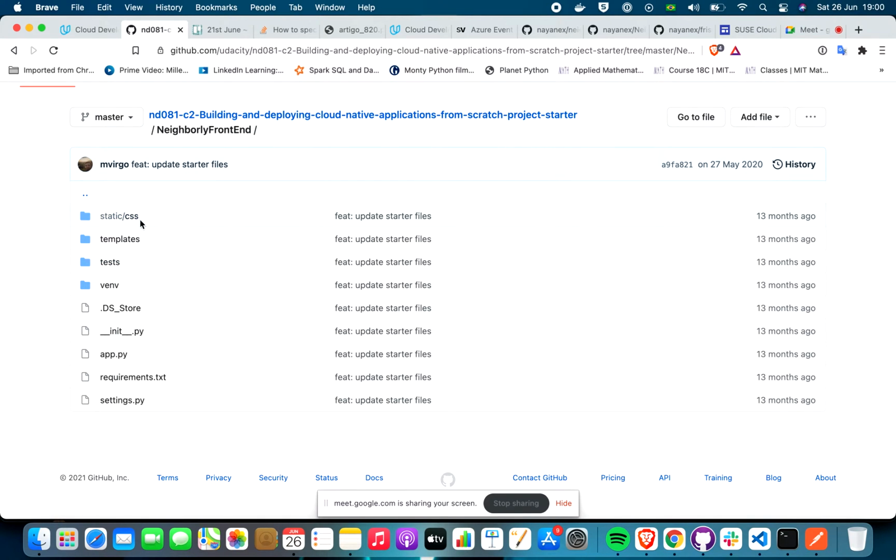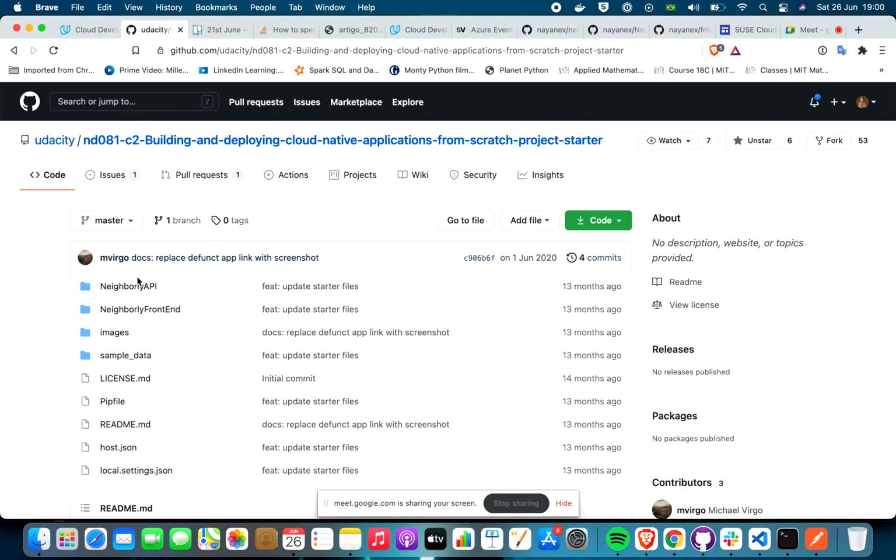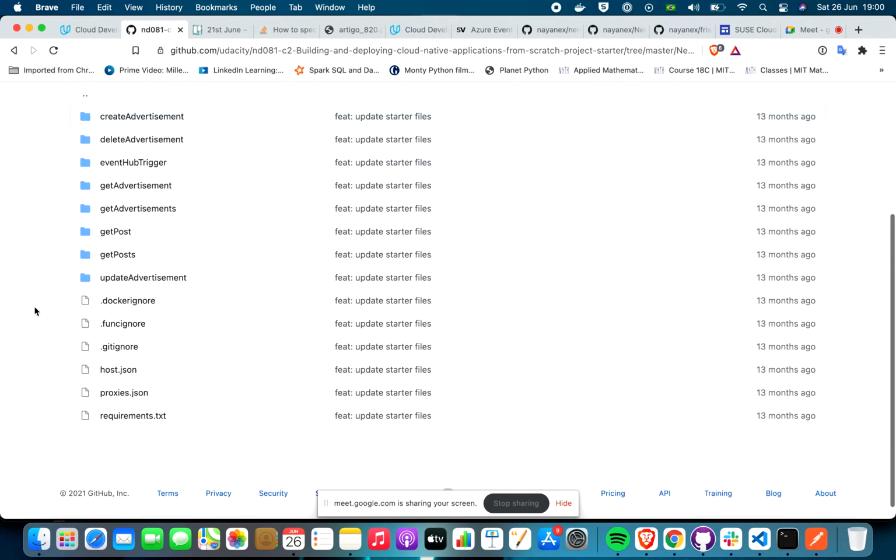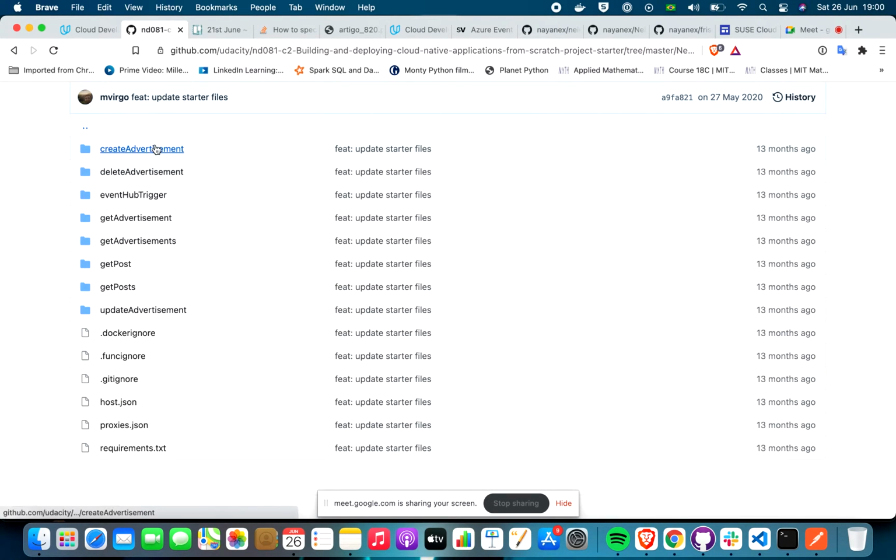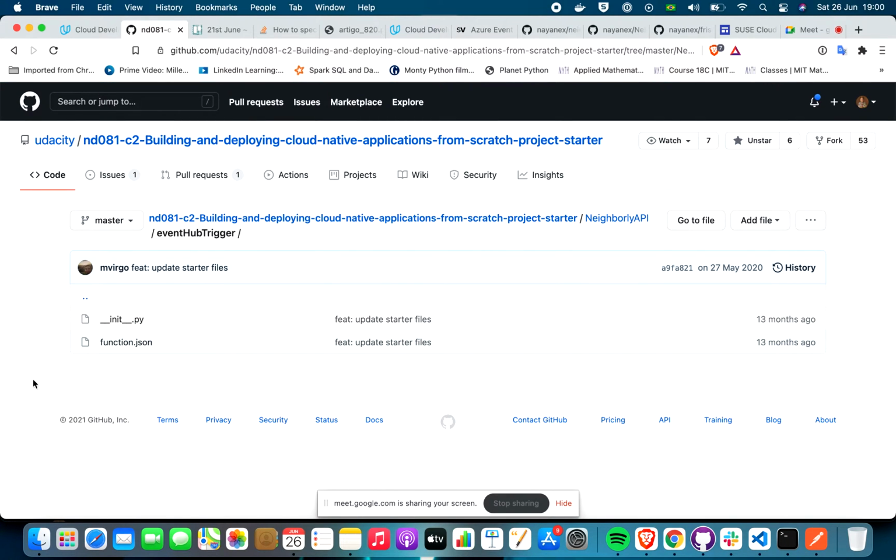So this is related to the Neighbourly API. Before, we worked on all of the Azure Functions which are triggered by HTTP. And then we left this one for the end, the Event Hub trigger. And if we look at it,